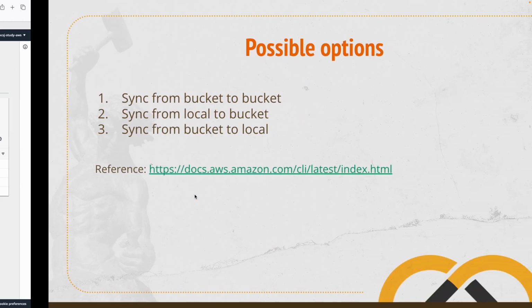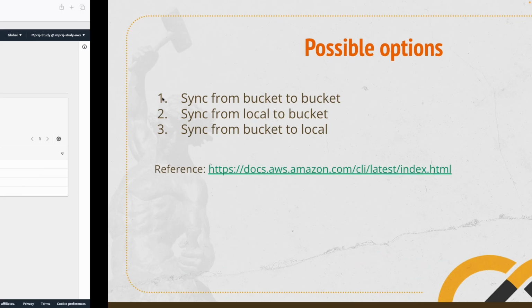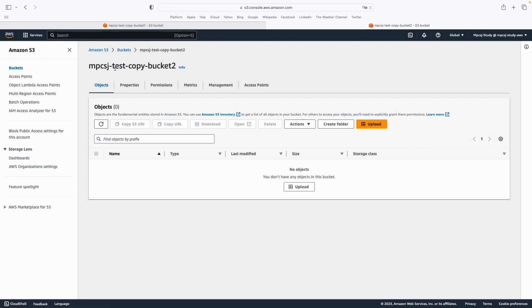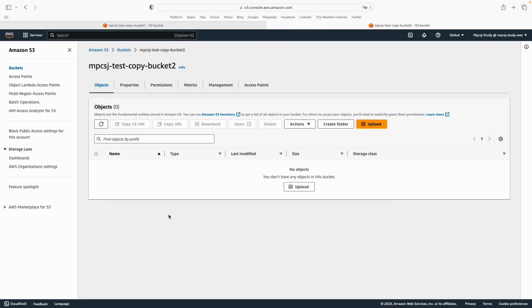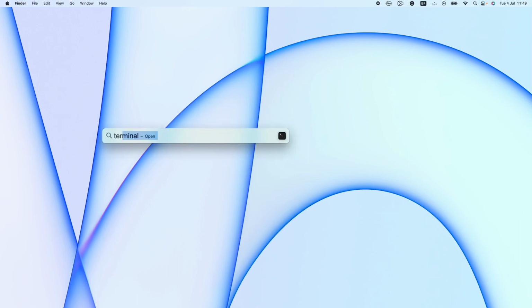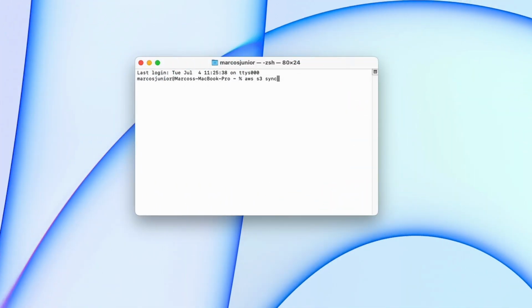Okay, great. So the first thing that I'm going to do is to test the first option, to synchronize contents from one bucket to another. So here I have this bucket, npcsj test copy bucket 1, and the npcsj test copy bucket 2. So I'm gonna copy all the contents from this bucket to this bucket using the sync command. To keep going, you must have the AWS CLI properly installed on your machine. So I'm gonna pass aws s3 sync, and then I pass the URI for the first bucket,